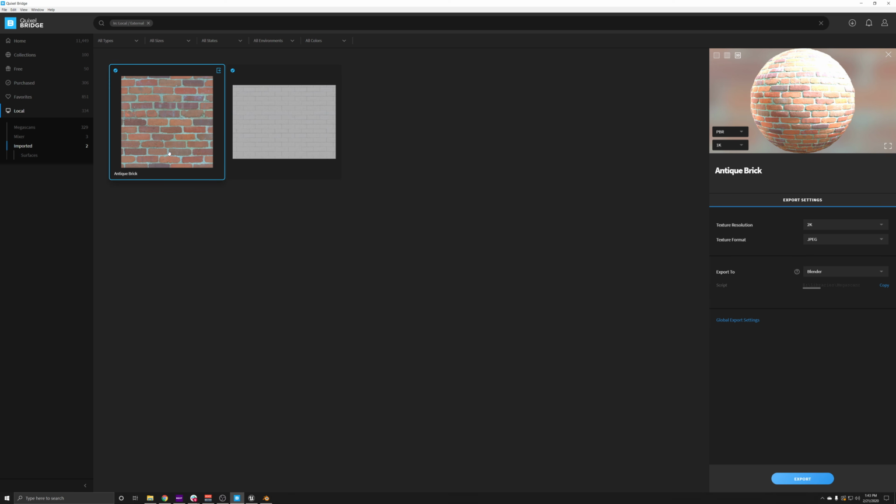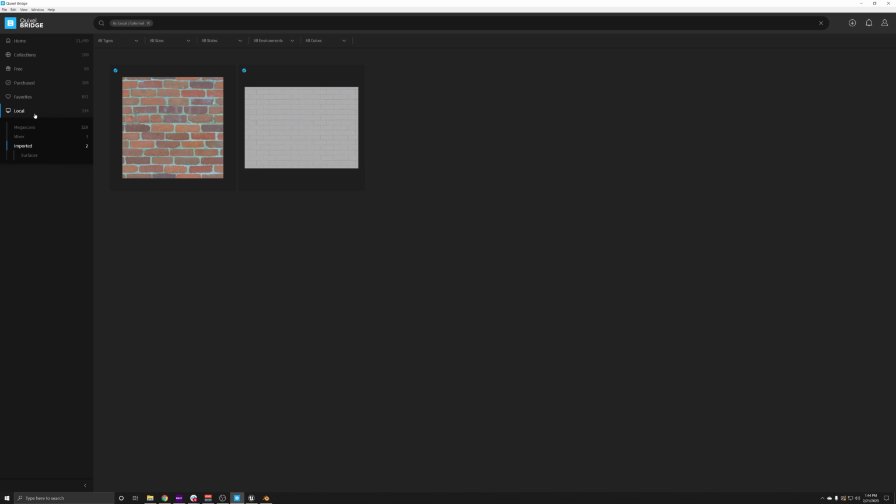But that same breakdown, you would have to import individually each LOD if you've got each individual LOD mesh for your asset. If you've got a different albedo for different LODs or a different normal for your different LODs, you would import those just like the exact same process that I showed you for the surface here. Also, as far as our search results go, you see it's a surface. It's added this category.